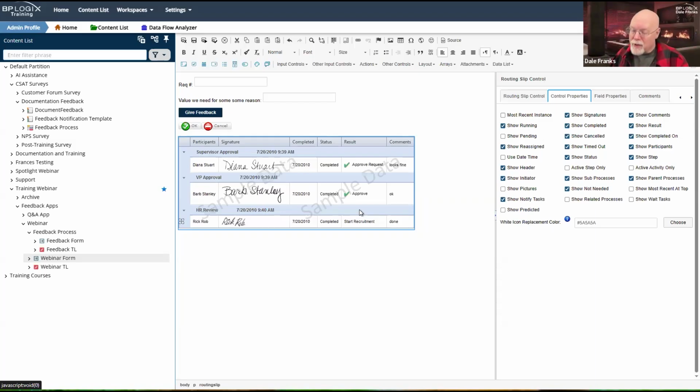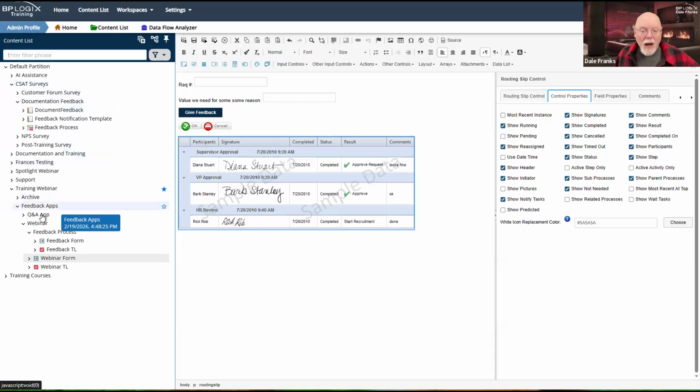So if I have 30 different users putting in 30 different feedbacks off of my main form, then all 30 of those processes that get invoked are now going to be tracked inside my routing slip. So is that how you want this to work?